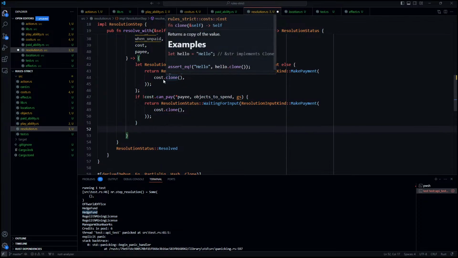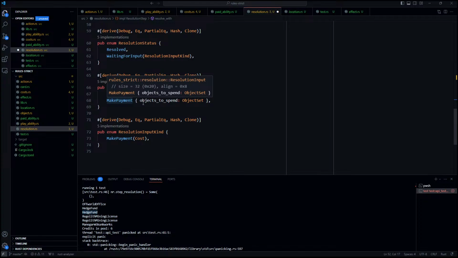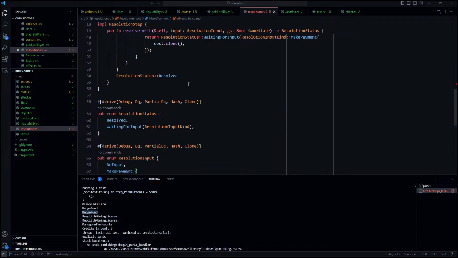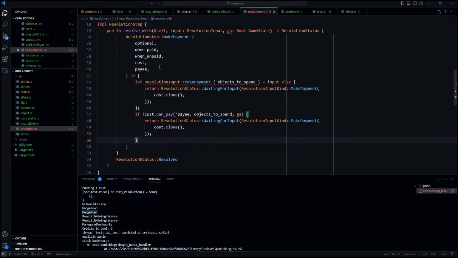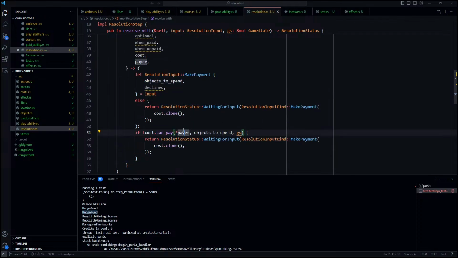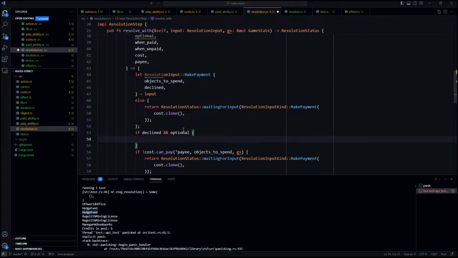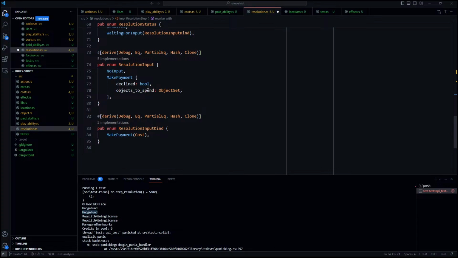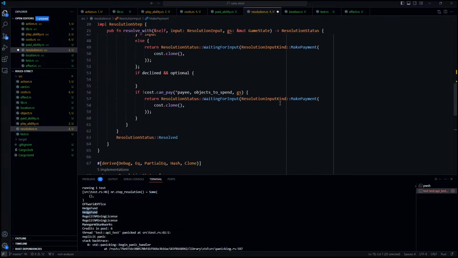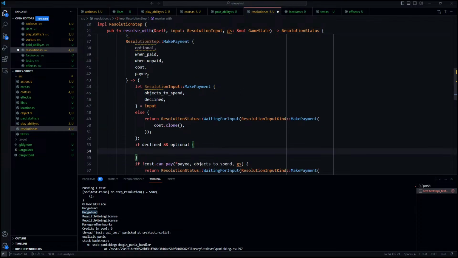Okay. Then, if we can pay, well, payment might be optional. So what we'll do here is declined is a Boolean. So we can say in here we also have declined for if you decline to pay. So we can say if declined and optional, then we're fine. We're done, right? You don't need to give us an object set. You declined the payment. You know what? Maybe there should be a separate input called decline payment. Nah. So if you decline and it's optional,